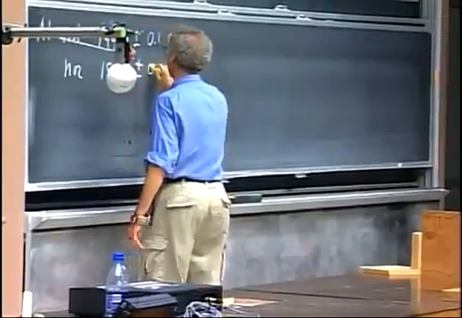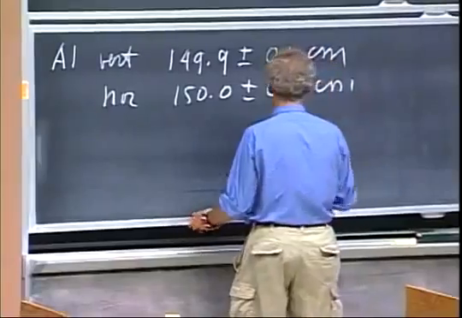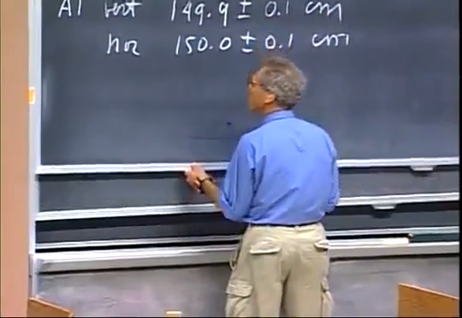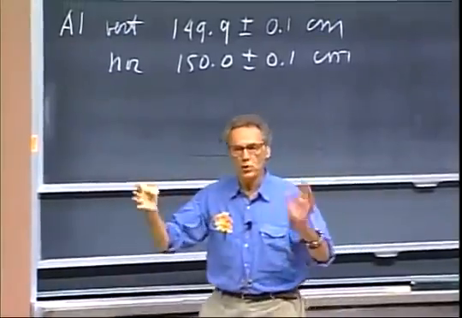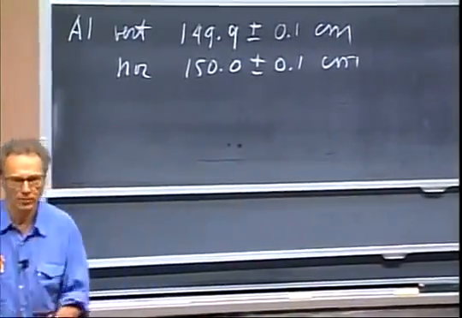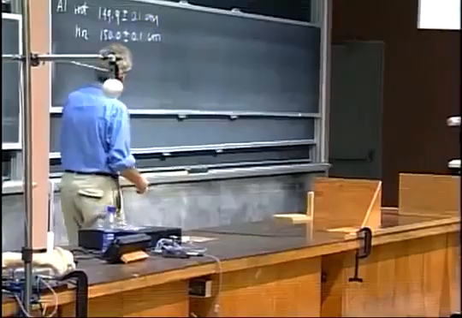150.0, again, plus or minus 0.1 centimeter. So you would agree with me that I am capable of measuring plus or minus 1 millimeter. That's the uncertainty of my measurement. Now, if